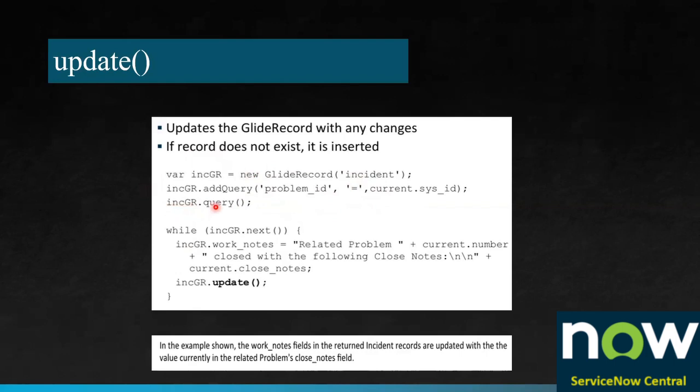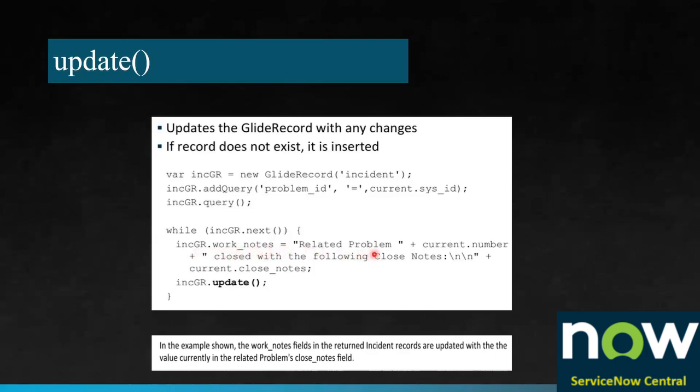And I'm saying incgr.query. So I'm telling the system or processing engine to please execute this query and give me some result. It can happen that zero records are returned, or it can happen that multiple records are returned. So let's assume that two records are returned by ServiceNow. Record 1 and record 2 are present within the incident table. So what I want to do: while incgr.next, unless records are present matching the above condition, what you do: